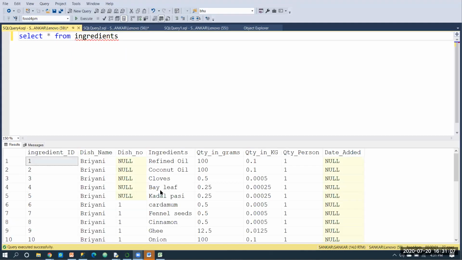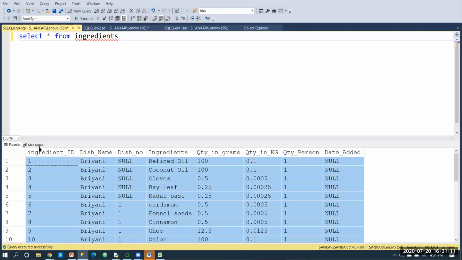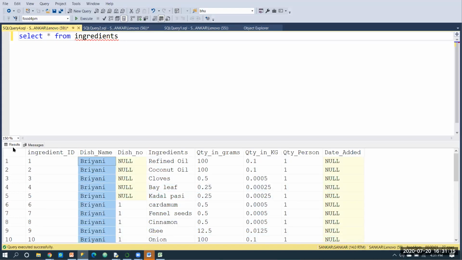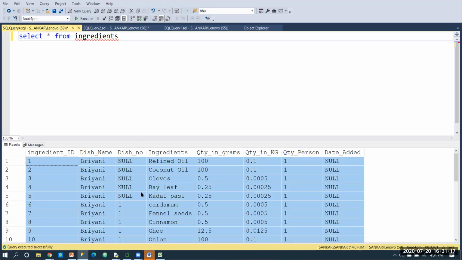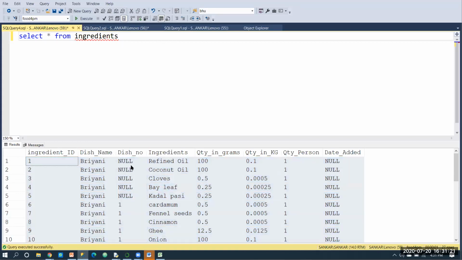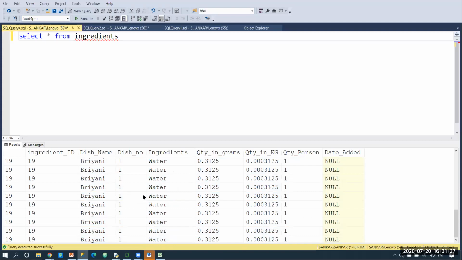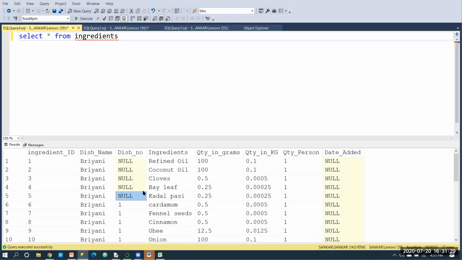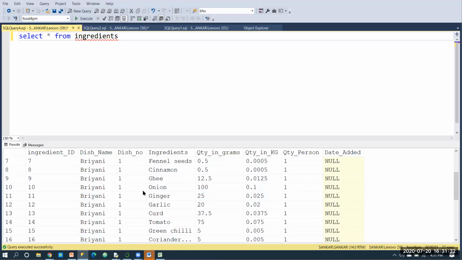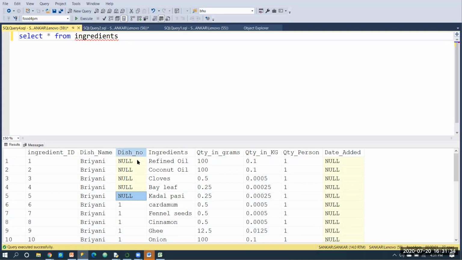Now we have details in here, right? Some of the details are not added. So we are going to find them, because here we have one, two, three, four, five null values. Remaining are added, no problem. And here we have five nulls because